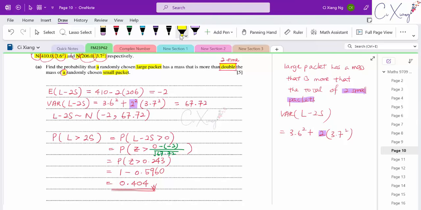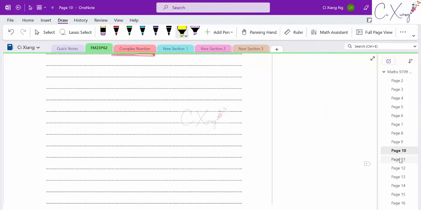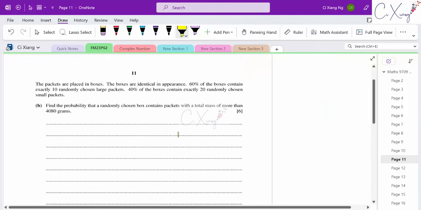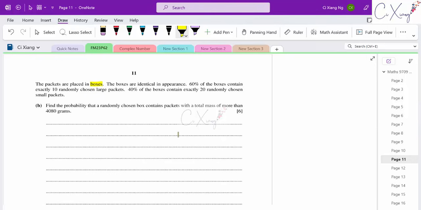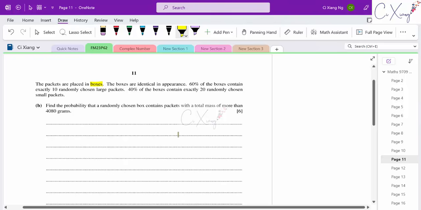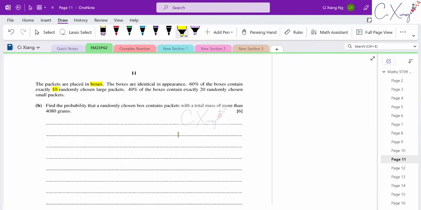Okay, so this is how we calculate the answer for L greater than 2s. Okay, now we continue to part B. For part B, the packets are placed in boxes. The boxes are identical in appearance. 60% of the boxes contain exactly 10 randomly chosen large packets, and then 40% of the boxes contain exactly 20